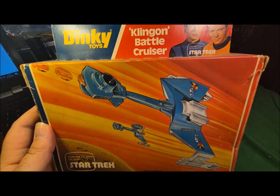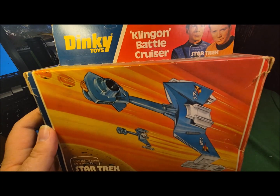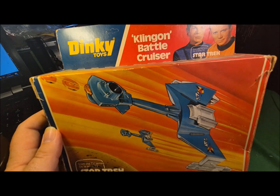My Deutsch, Dinky, Klingon, oh. Hello, that was Klingon for this is a Dinky Klingon battle cruiser, according to Google Translate, and yes, there is